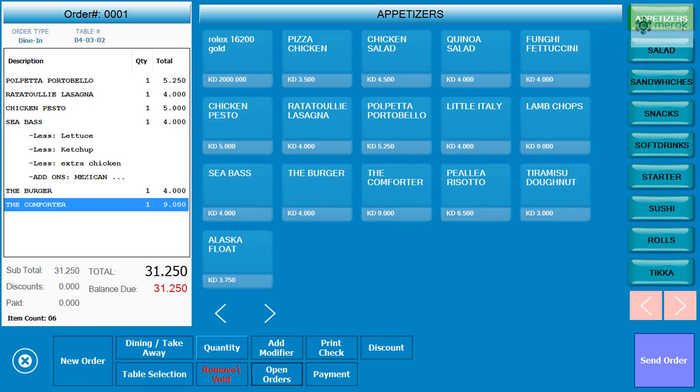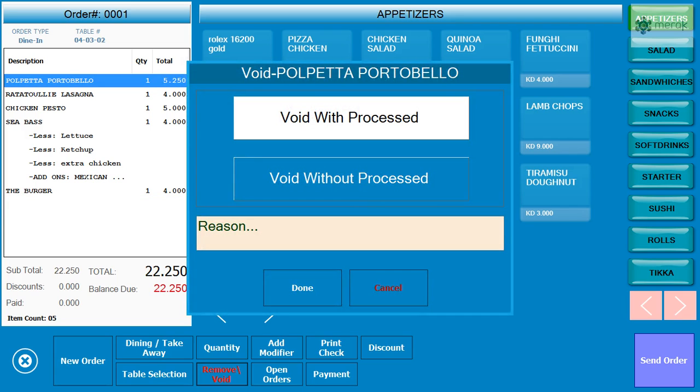We have to send it to the kitchen, or if not, you can remove the items. You can see some option is coming up asking why I wanted to remove this item. The customer has given the order and it was sent to the kitchen, but suddenly they change their mind and want to change the order. You can select an item and cancel, but now the system asks: void with process or without process. With process means the item is made but now it's not usable, so the ingredients will go to waste. But if the item is not yet prepared, it's void without process.